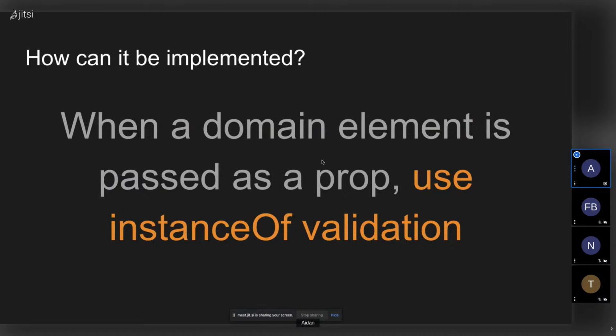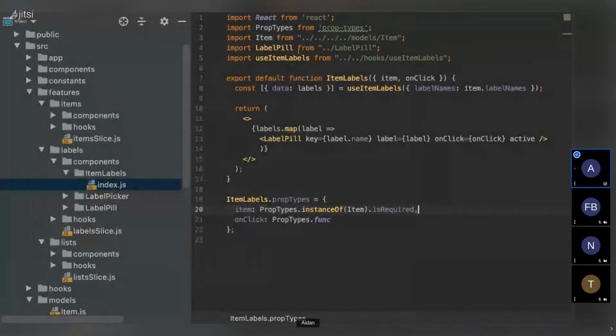And since I've had these domain model classes, let's go back and look right here at this item labels component. It takes a prop called item, which I would expect to be an item because we're naming things in an understandable way.